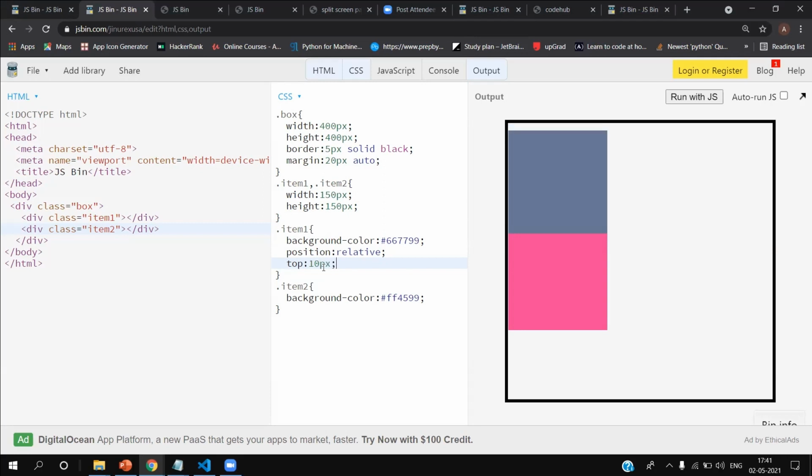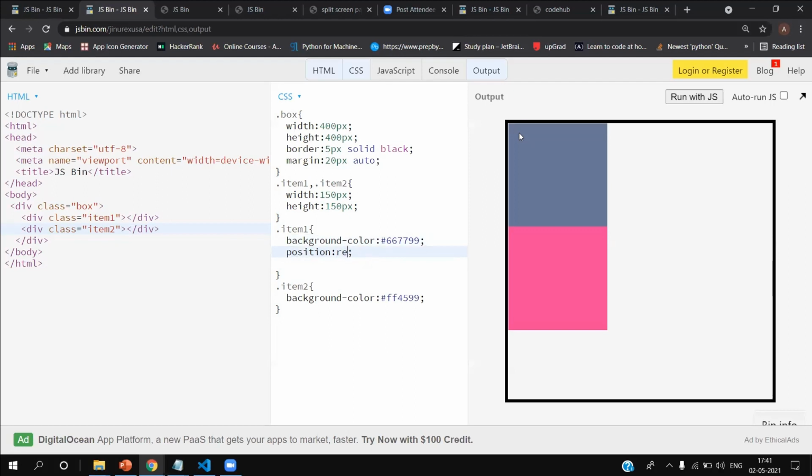If I give top 10 pixels, it has come down 10 pixels. Relative takes with respect to its original position. Its original position was this. From its original position, if you use top 10 pixels, it will come down from its original position. This is about relative.